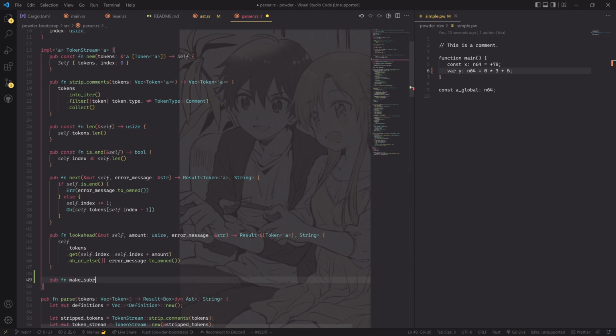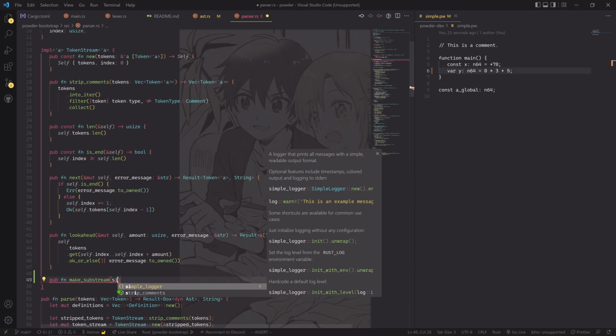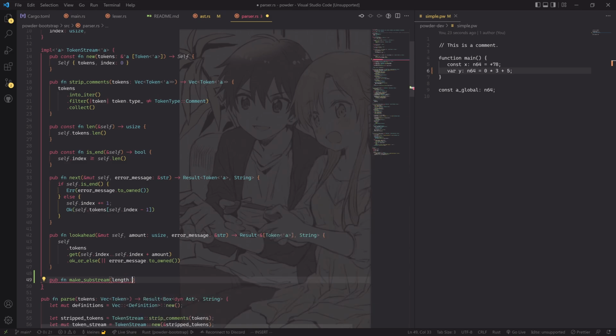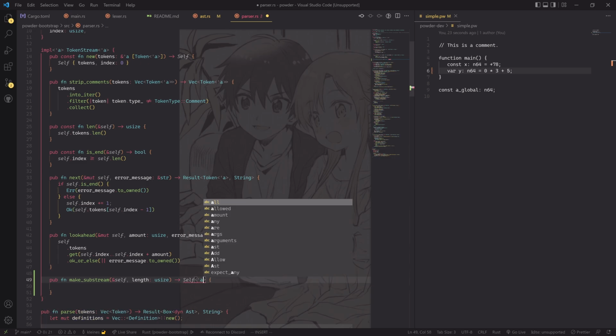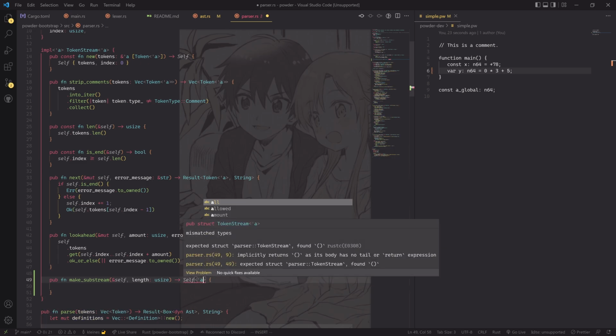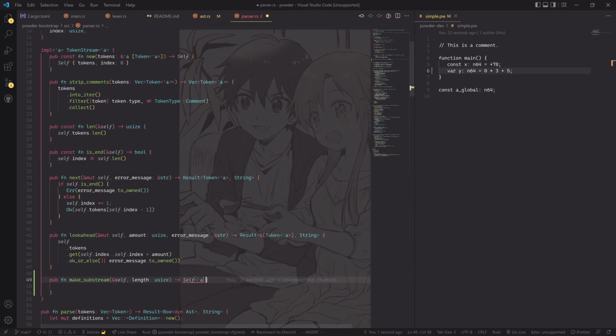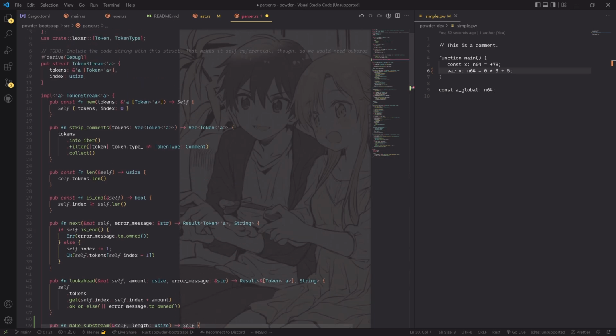Make substream. We need to click self and the length, use size, and we start at the current index. What is it? I think I don't need that, but I just need the body now. Okay, so we can just